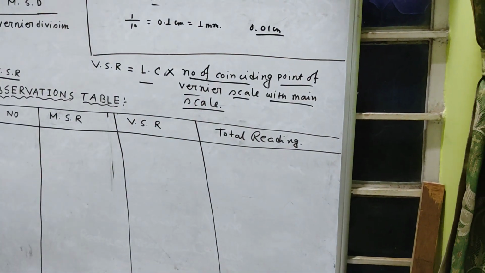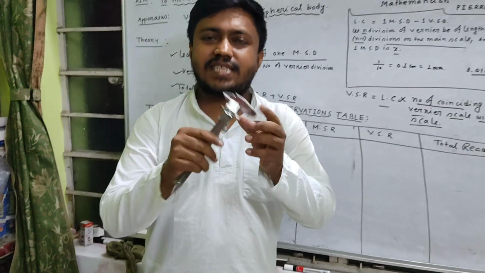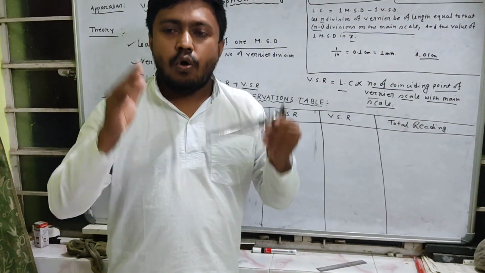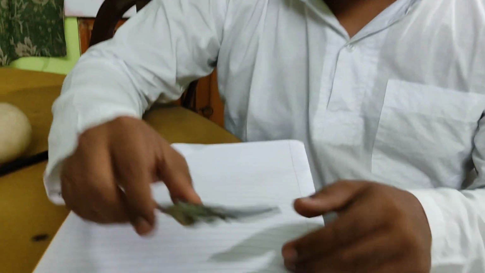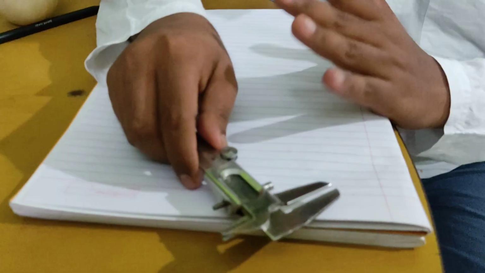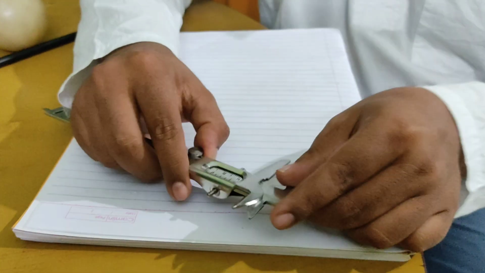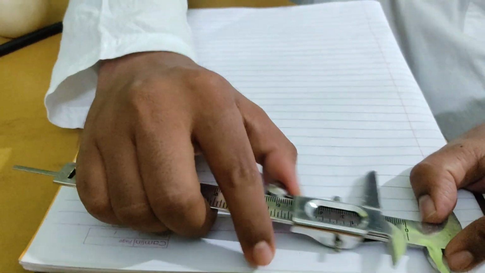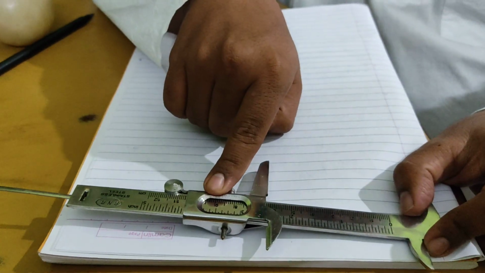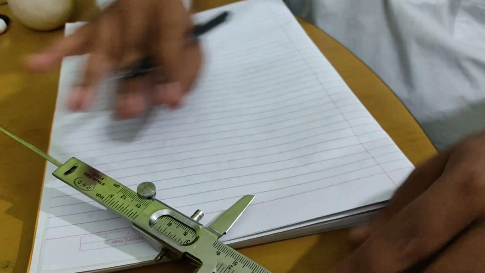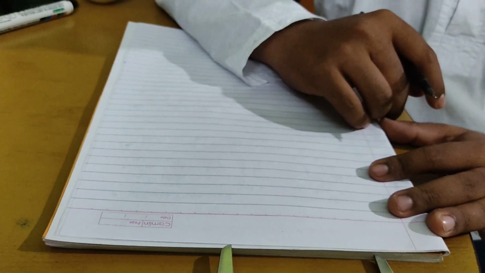So we can discuss everything in a practical way. Okay, let's start, students. This is the vernier scale, and using this scale we can calculate everything one by one. So this is the vernier calipers, and we have already discussed the theory behind this and how to calculate the least count. This vernier calipers has two scales, one is the main scale and another is the vernier scale. So before I start the practical, first you calculate the least count of this device.